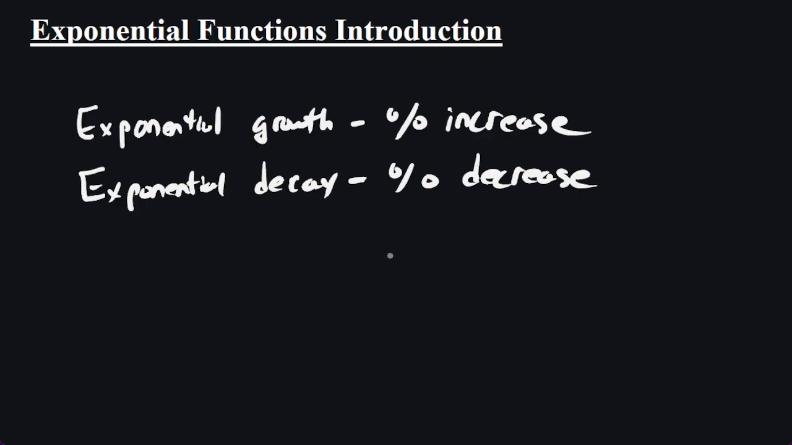So a common example where exponential functions are used is in the population of a town. So the population of a town may grow 5% each year. So we describe this as exponential growth. So if we draw a quick table with the year here, and the population in this column,